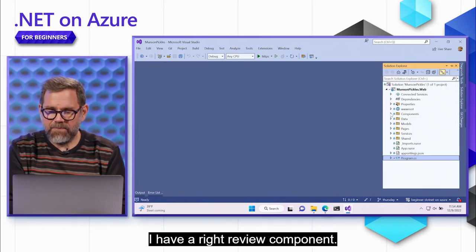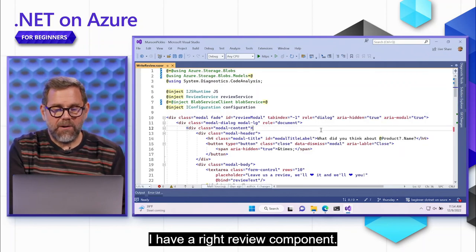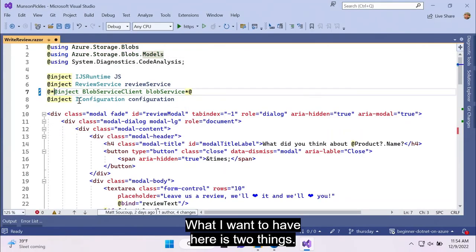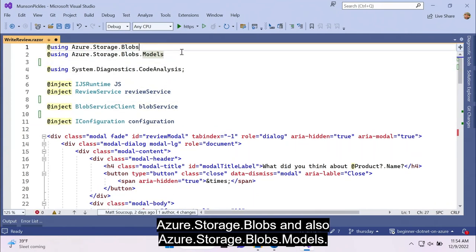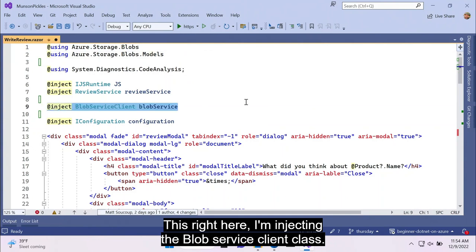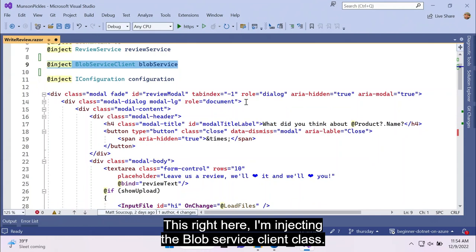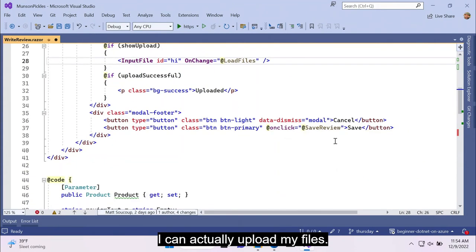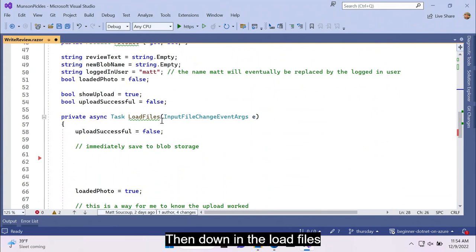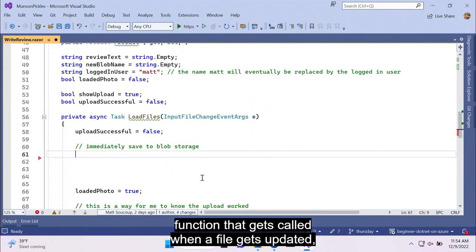All right, I have a write review component. And so what I want to have here is two things. I'm going to be using the namespaces Azure.Storage.Blobs and also Azure.Storage.Blobs.Models. And this right here, I'm injecting the BlobServiceClient class. And then I'm using the InputFile Blazor control so I can actually upload my files. And then down in the LoadFiles function that gets called when a file gets updated, I want to actually